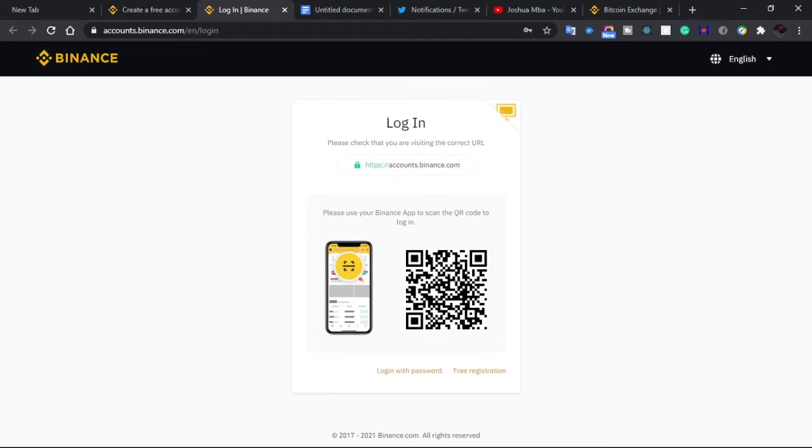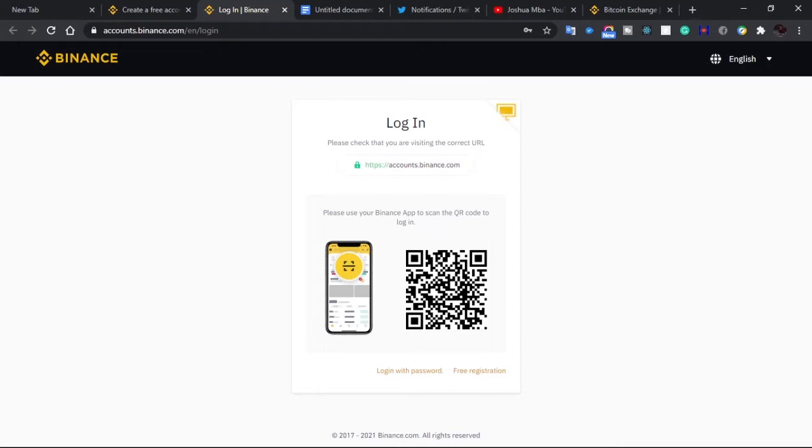If you're using an iPhone, you also have to check the Apple Store to get the app installed. Once you have it installed and you have logged in with the account you created, at the top right corner of your screen on your mobile phone, you will see a barcode scanner icon.